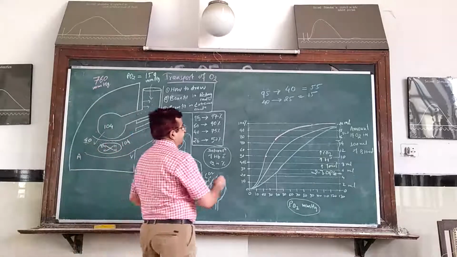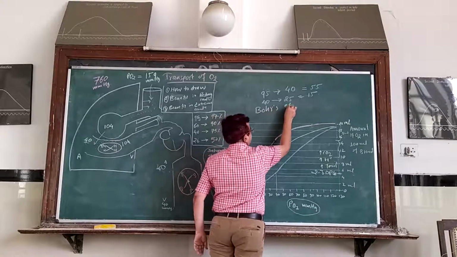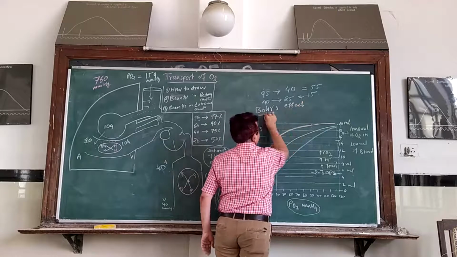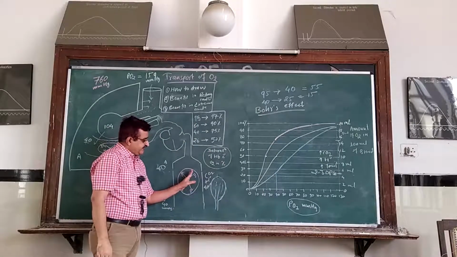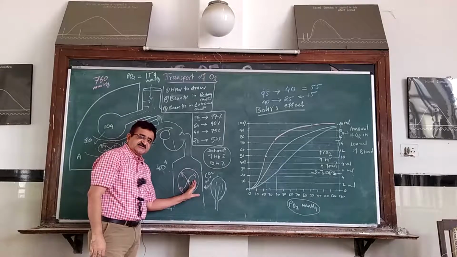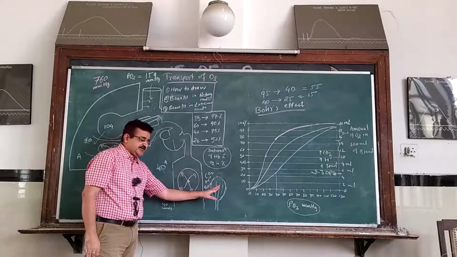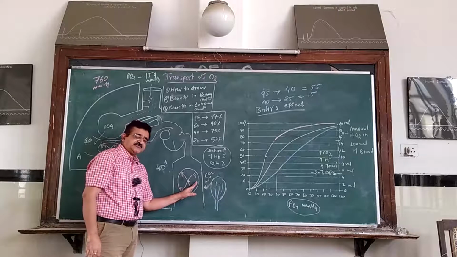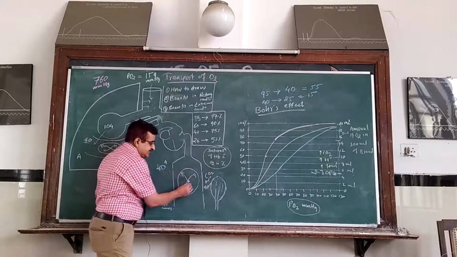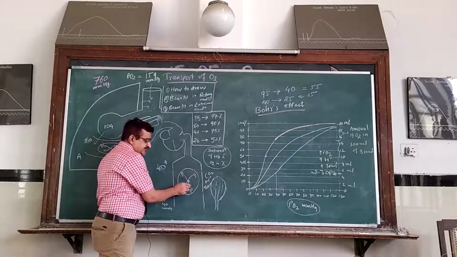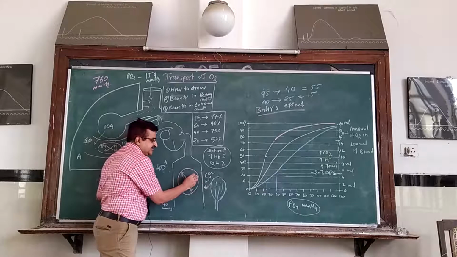Now we come to one term. Name of that term is the Bohr effect. This is already discussed, but a question may be asked separately on the Bohr effect. So what is this Bohr effect? When the oxygenated blood reaches the peripheral capillary, the CO2 from the surrounding muscle enters into the blood, enters into the RBC and combines with the hemoglobin. CO2 combines and H plus ion also combine. Now their combination decreases the affinity of hemoglobin for the O2, and O2 is then released